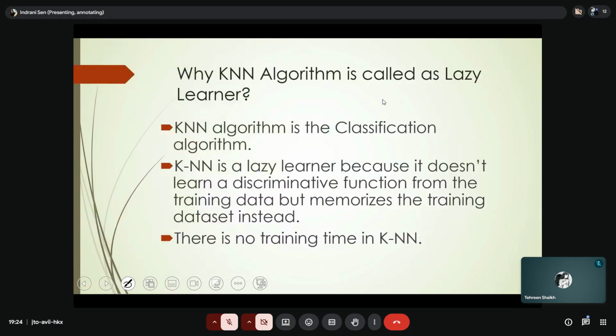Another thing to understand about KNN, which is also a very good interview question, is why KNN is called a lazy learner. There are 2 types of learners in machine learning: one is called a lazy learner, another is called an eager learner. Now, the eager learner is something which, whenever you're doing the training,